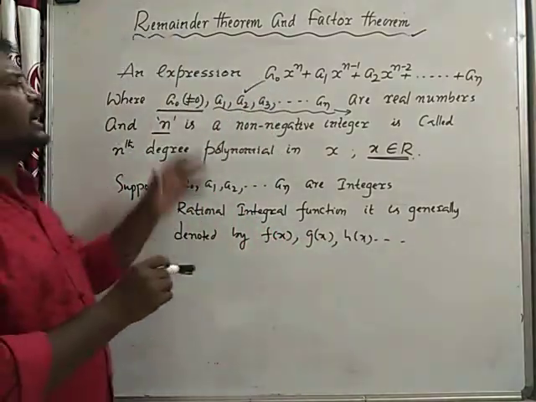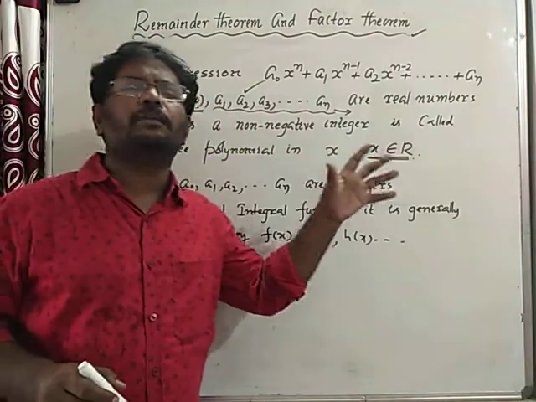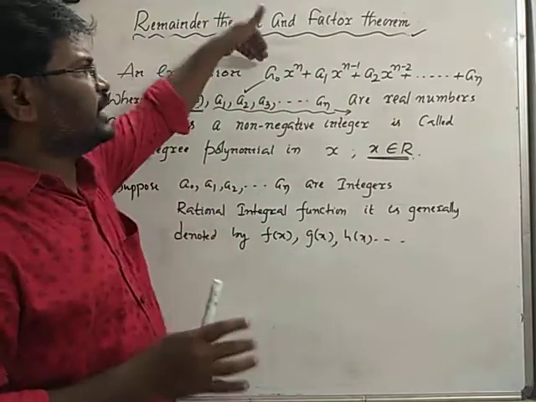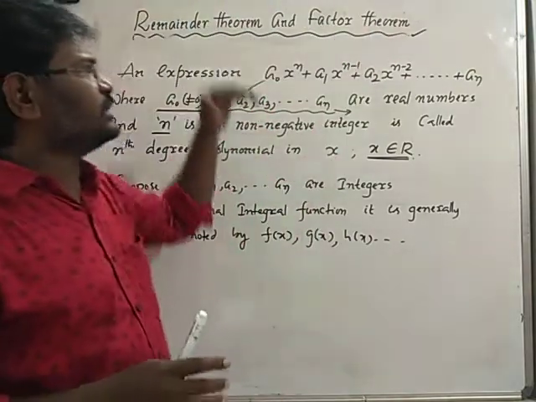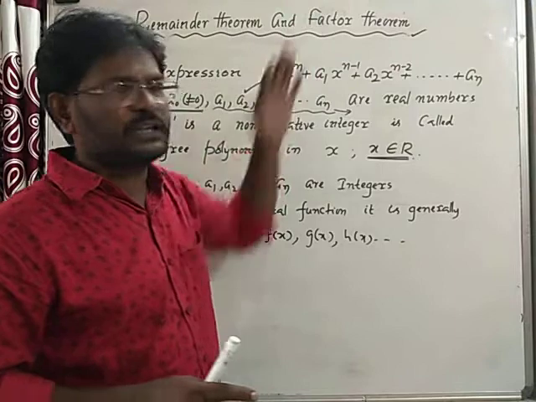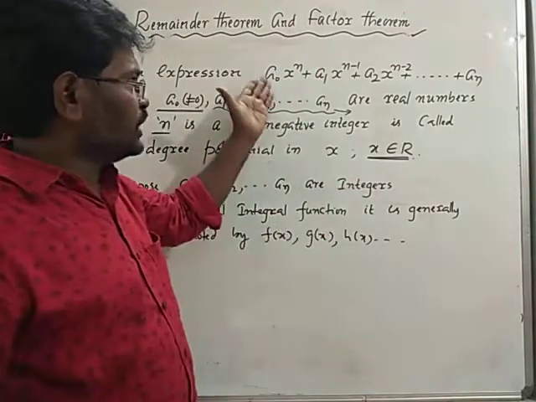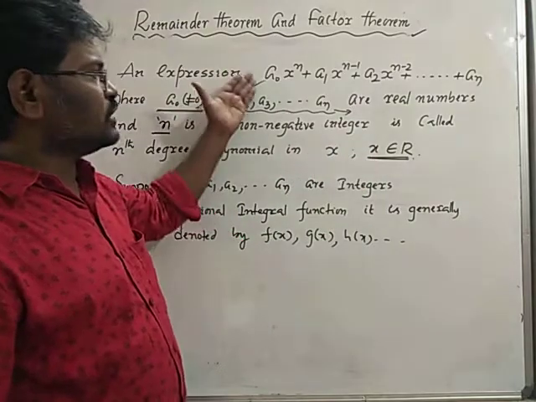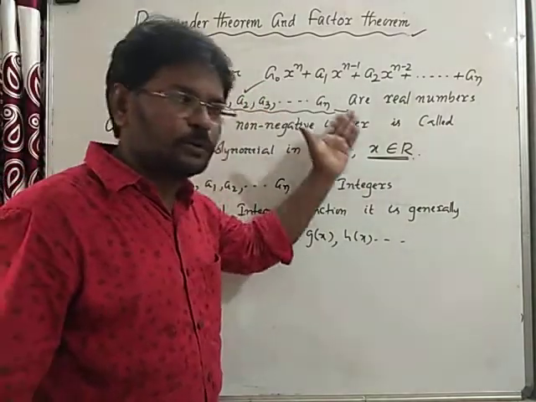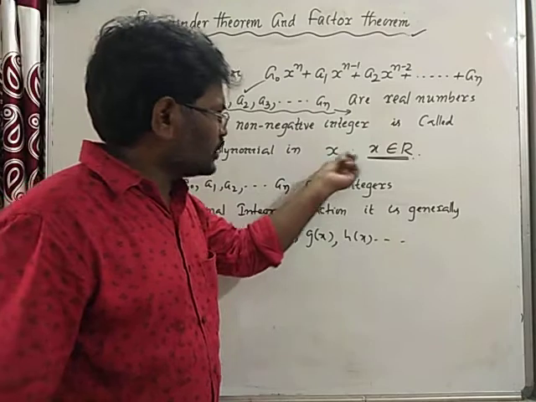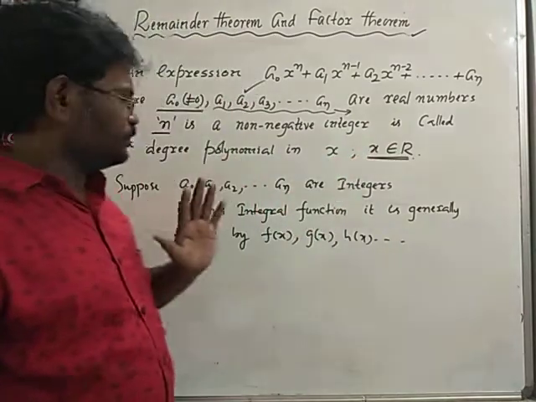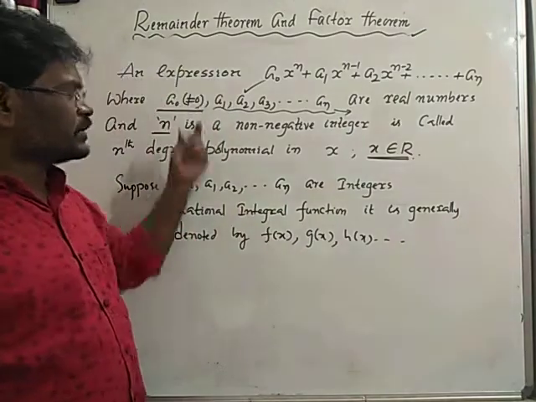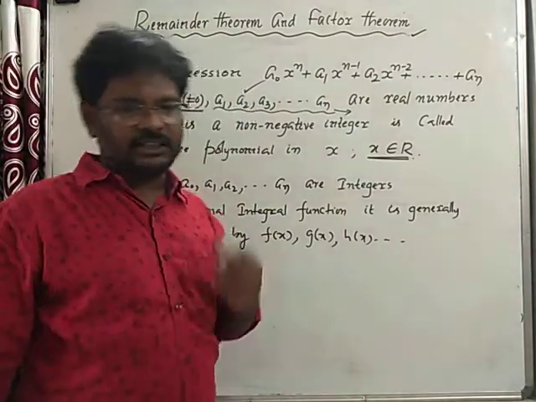See, this is the definition of a polynomial. Different polynomials differ by their numerical coefficients. That means coefficients of various powers of x, we can define it. These coefficients are real numbers, this is a real polynomial. These coefficients are complex numbers, this is a complex polynomial. So x also belongs to R and x belongs to C. And moreover if a naught to an are integers, then it is called rational integral function.